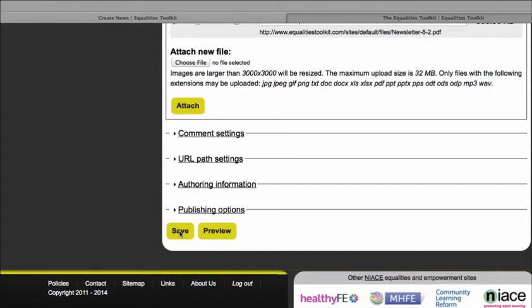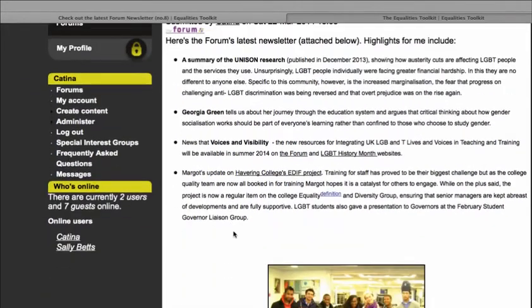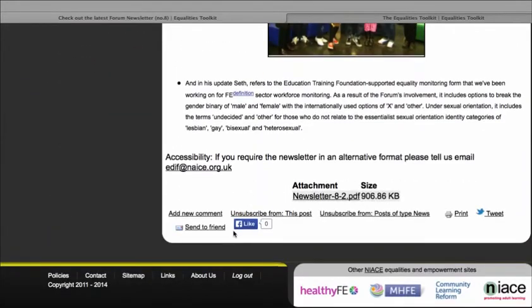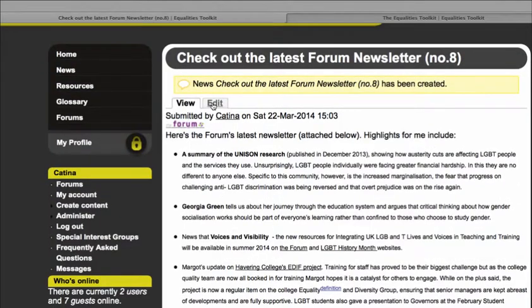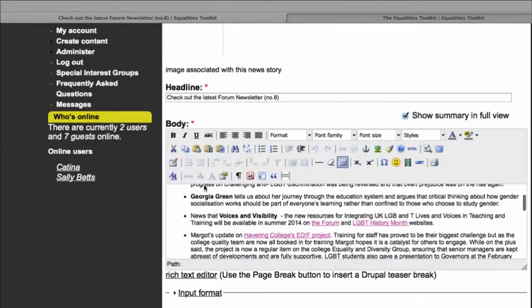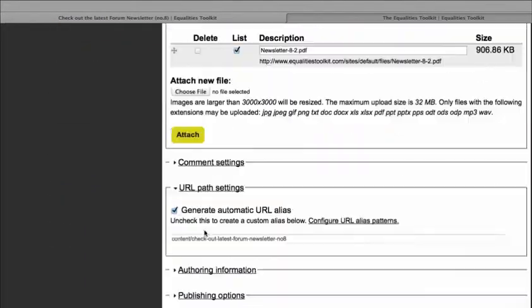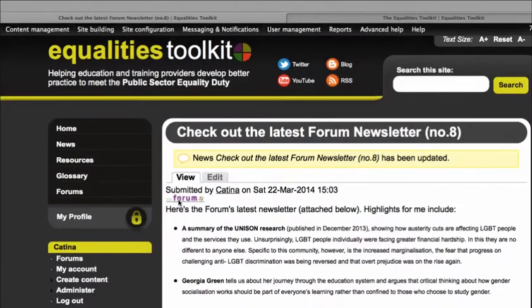And the last thing that I'm checking before I let this go out is I want to check that the URL is not too long. And if I'm happy with the URL, then I will let it go out. And I am happy with the URL, so I'll go back into Edit. Don't check the little box this time. Scroll down to the bottom and click save. And that will now have gone out to everybody that's registered on the website in an email digest